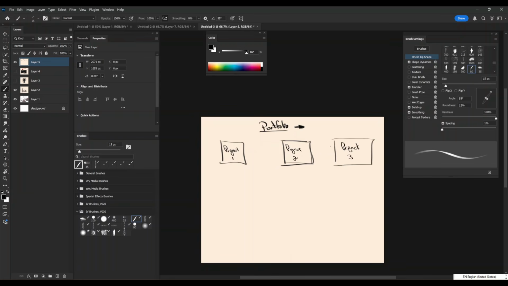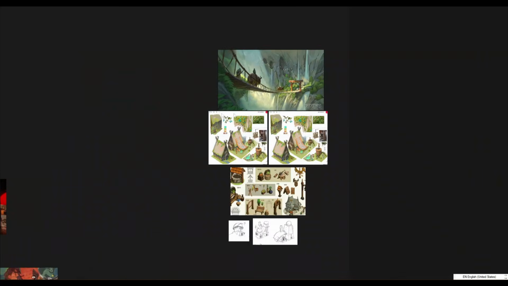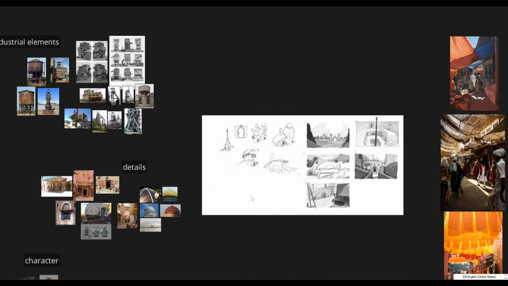So what this means is that each project is gonna have its own IP, right? So right now, you're working on this IP, with the same world, same theme, same thematic, like for the same game or the same animation, etc.,